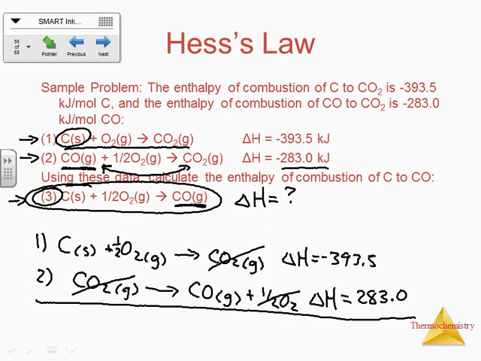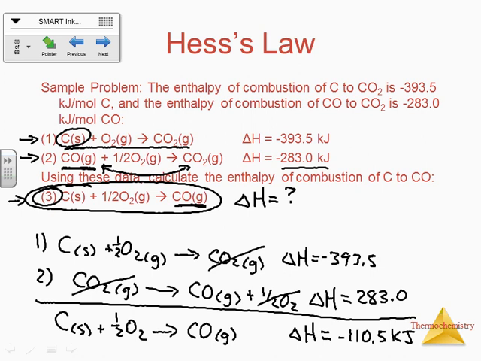So then when I rewrite this thing, now it's carbon plus 1/2 O2 gives me carbon monoxide, and that's the equation that we wanted. Okay? Now my delta H for this one, since I've added the equations together, I need to add together the delta H's as well. And when I do that, find my calculator here. Getting negative 110.5